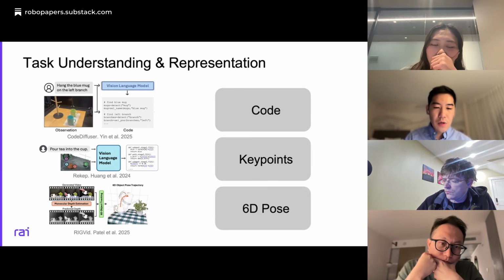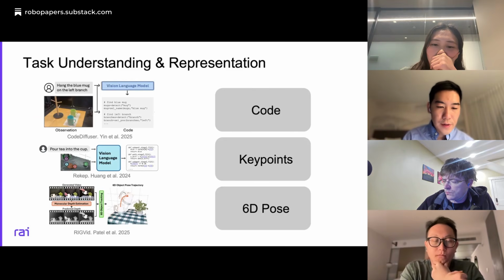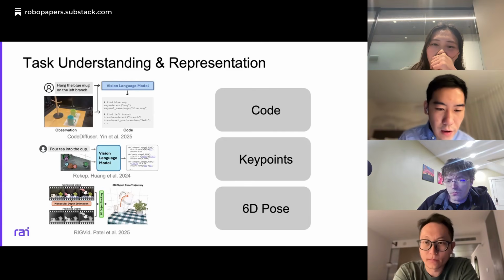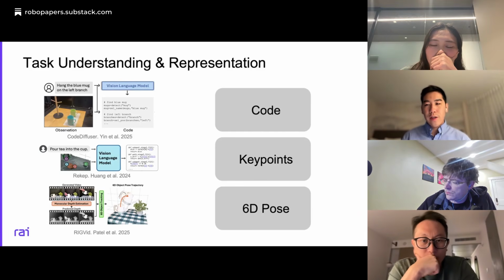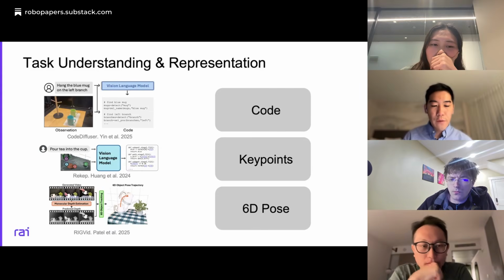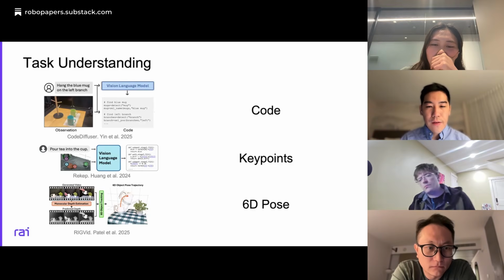And then there's also work that represents the task using 6D pose. For example, here they represent an object using its 6D pose. So there are all different task representations out there following this decoupled framework of task understanding and task execution.